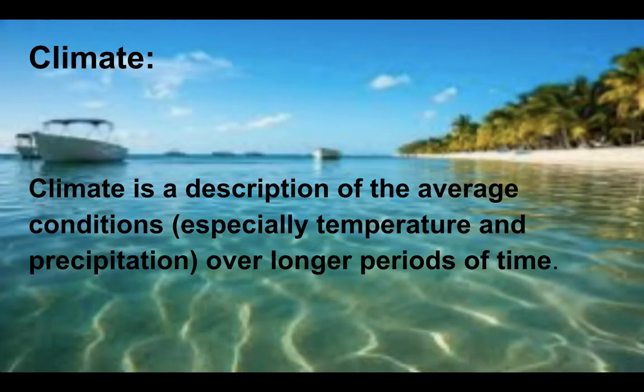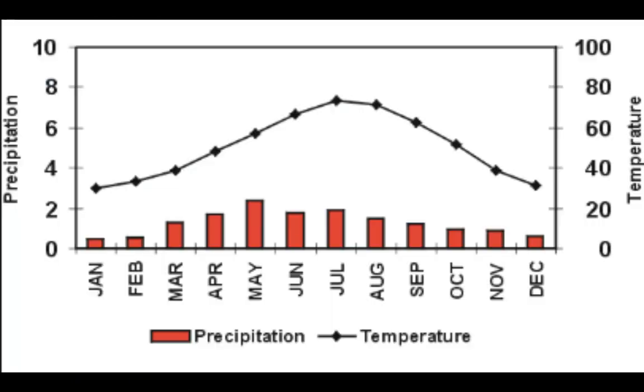Climate, on the other hand, is a description of the average conditions over 30 years or more. They make some graphs called climatographs. Isn't that clever? And on those graphs, they include temperature and precipitation. Now, there's a little bit more to climate, but those are the two main factors when considering climate and making